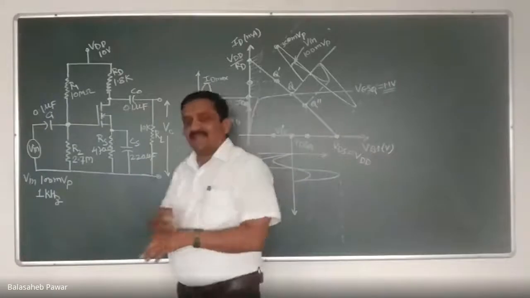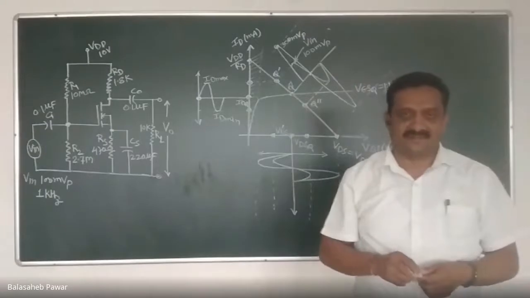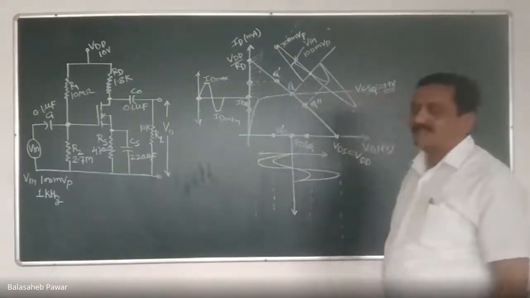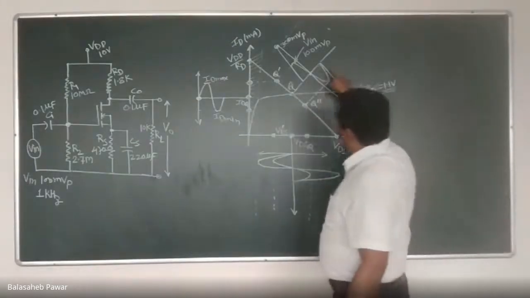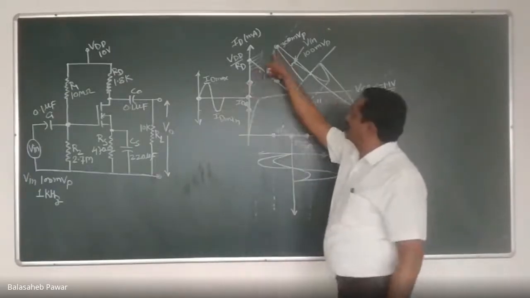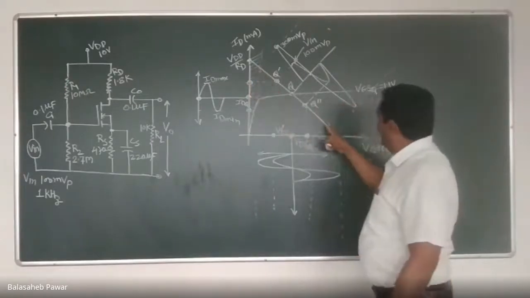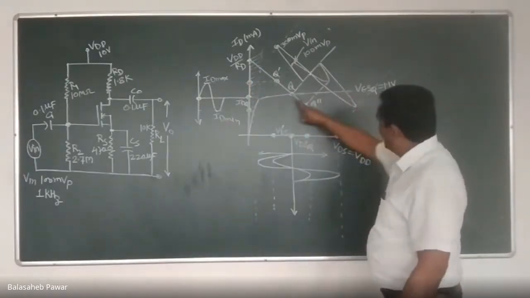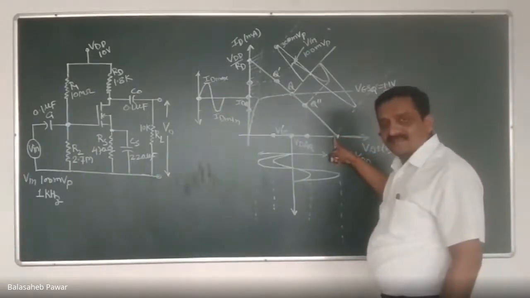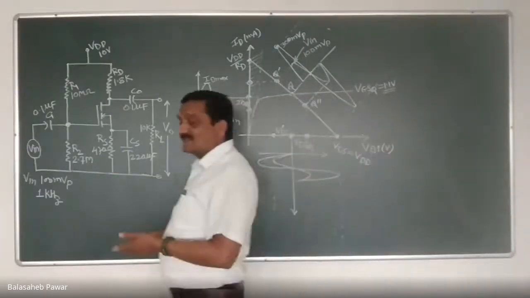If I again increase this input signal beyond 300 millivolt, suppose it is 400 millivolt, what is going to happen? Just imagine. See, in the second case, that operating point will get shifted from Q dash up to over here. Correct? Because this much is my peak positive voltage. Similarly, during the negative peak, that operating point Q from its center will get shifted up to the x-axis, or on the x-axis. Next condition is what?